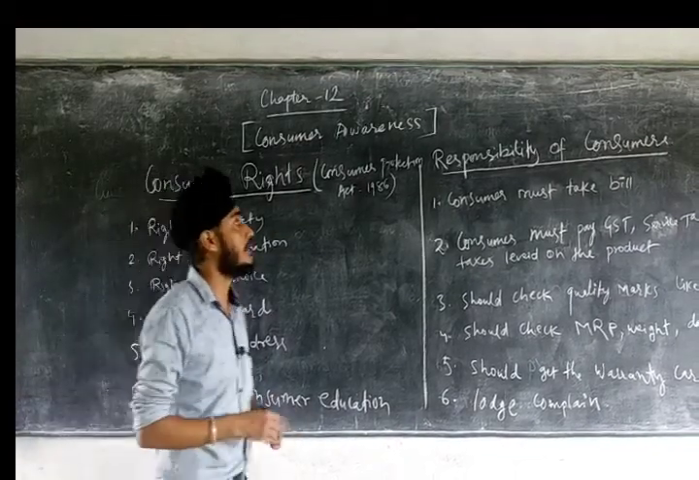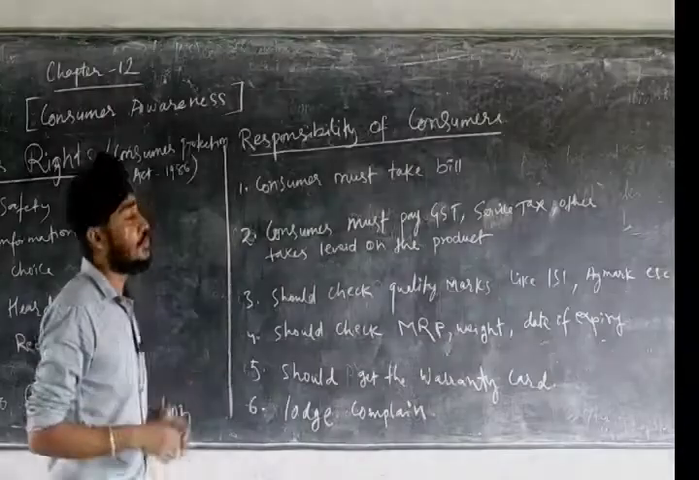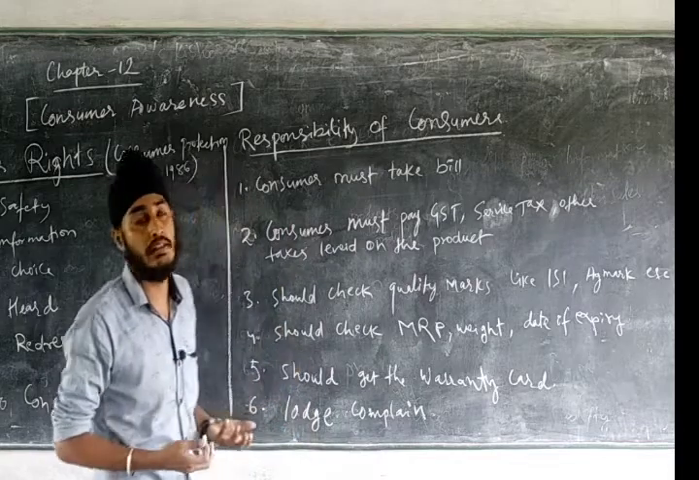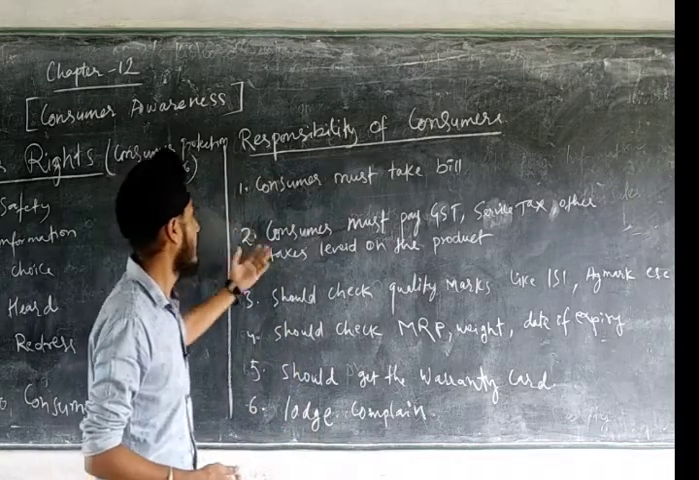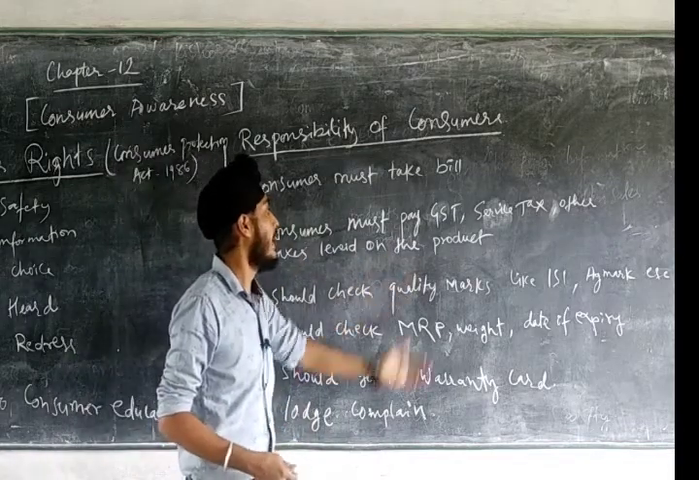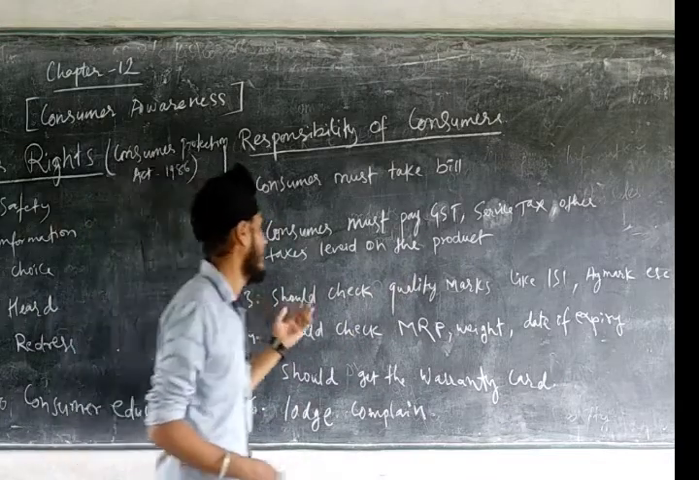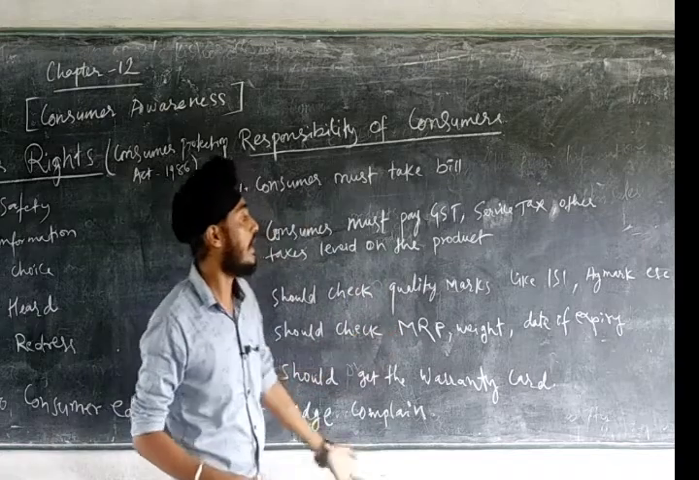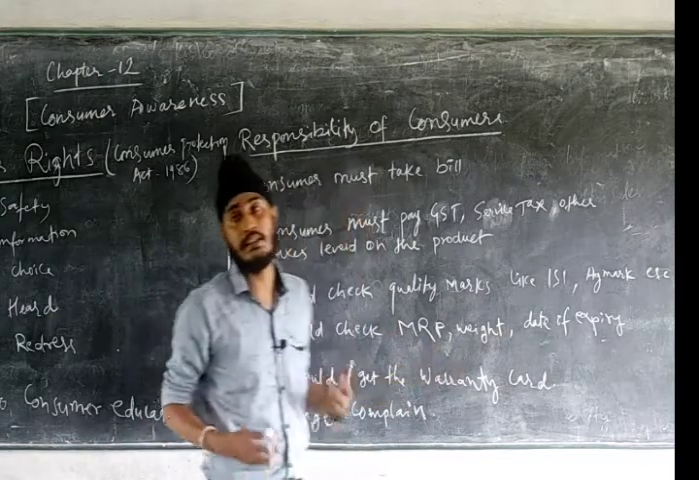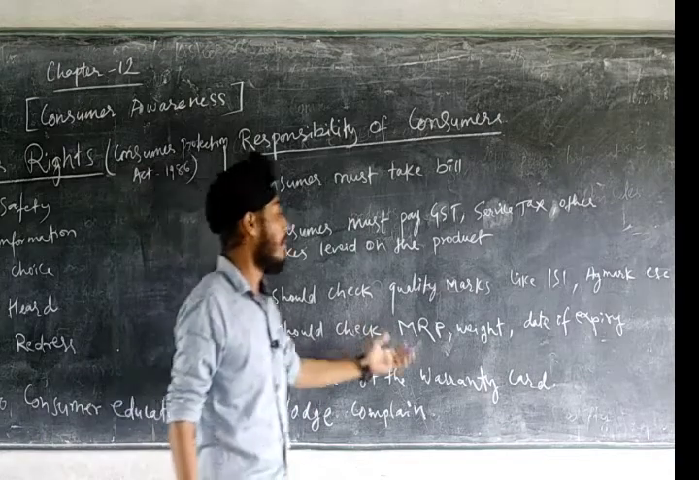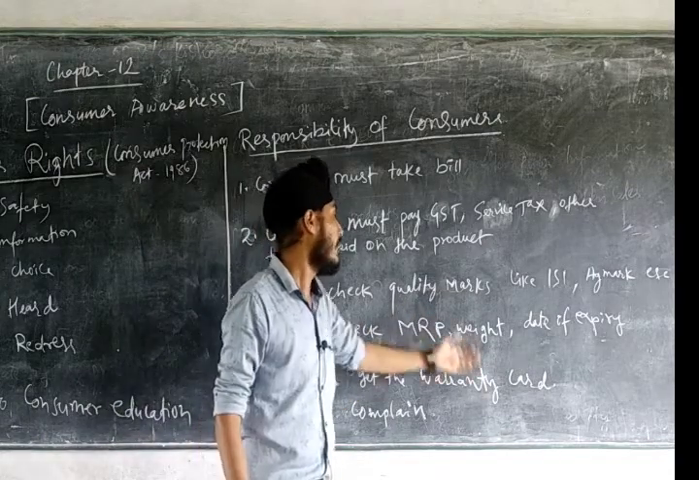Now let us see some of the responsibilities of the consumer. The consumer should have some responsibilities, like the consumer must take a bill after purchasing any product. Then the consumer must pay GST, service tax and other taxes which are levied on the product. The consumer should check the quality marks like ISI mark, AG mark, hallmark, etc. on the product. Next one, the consumer should check the MRP, that is maximum retail price, weight and date of